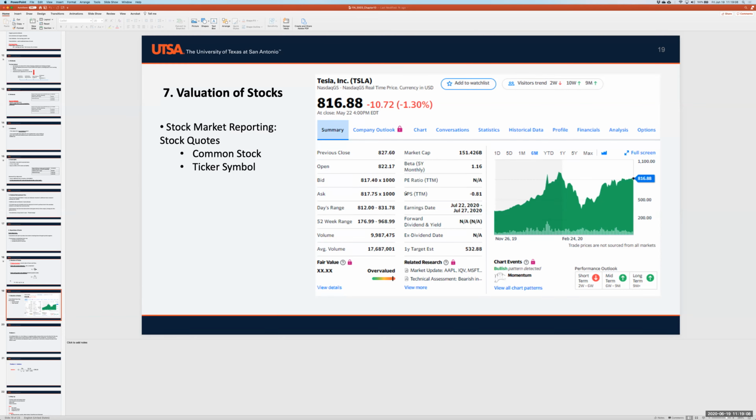Some of it is for technical analysis. Some of it is fundamental, meaning the financial statements and cash flows, like earnings per share. This is a fundamental of this company. It says the trailing 12-month earnings per share is negative 0.81. Even though they have negative earnings,